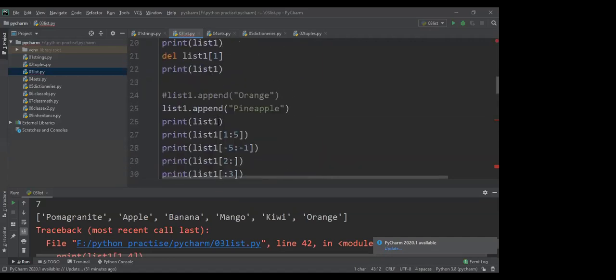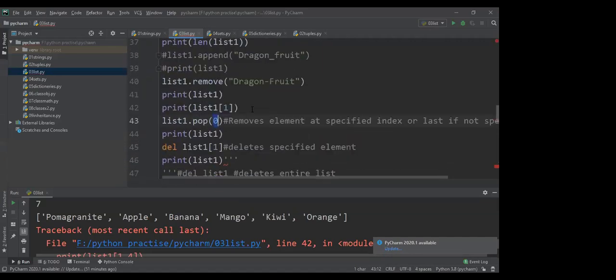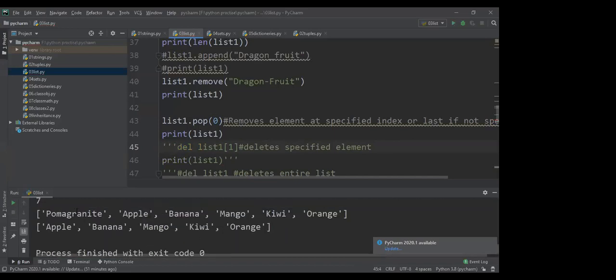Before this, I'll print list 1. So see here: pomegranate, apple, banana, mango, kiwi, and orange. Now I'm applying pop 0.